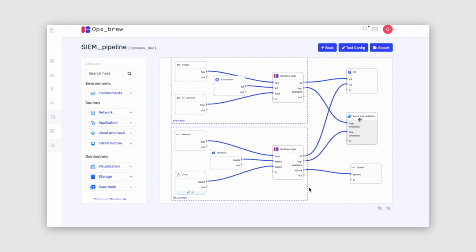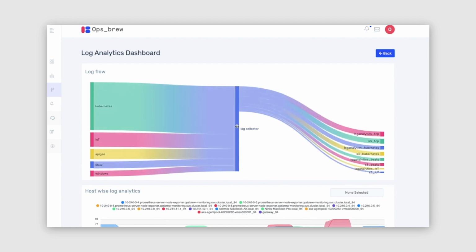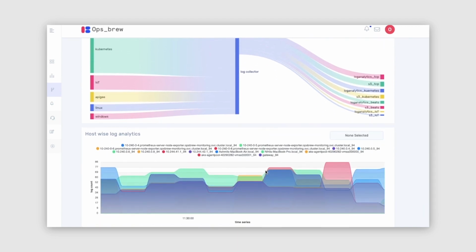So I'll show you how it is done. Basically, OpsBrew will create them without duplicates. It will store the logs for the specific team in different tables. So let me show the monitoring dashboard. Here you can see the monitoring dashboard and the log flow, from Kubernetes, IoT, RPG, Linux, and Windows to destinations. You can see different workbooks where we keep the logs so that each team member can access their logs, like, as I mentioned before, the DevSecOps team or